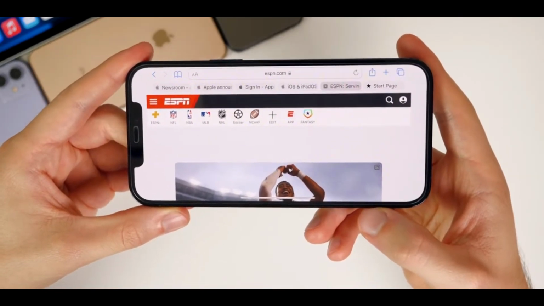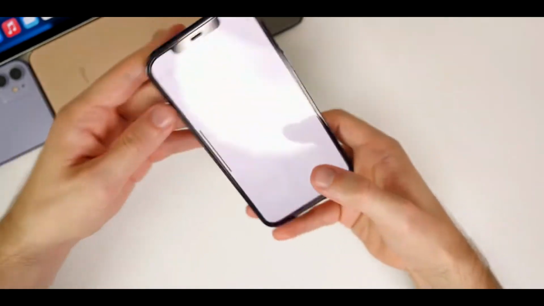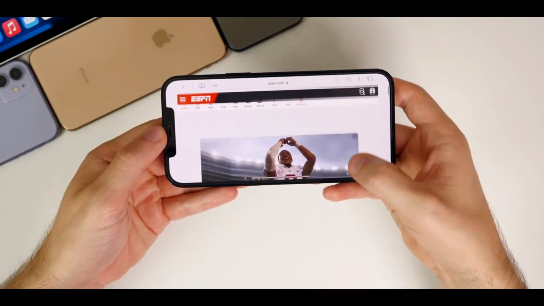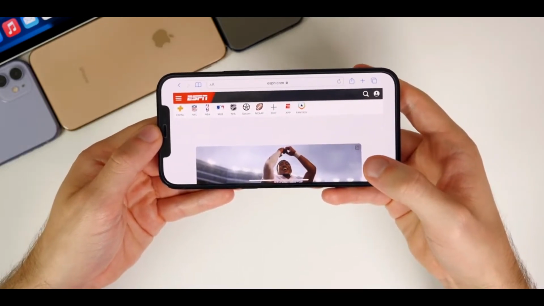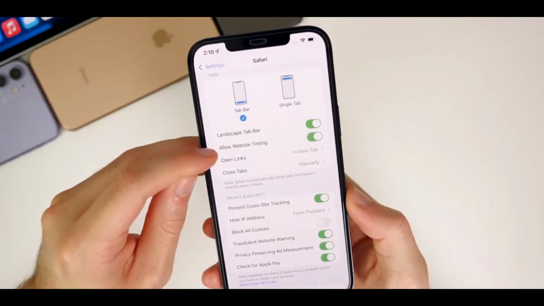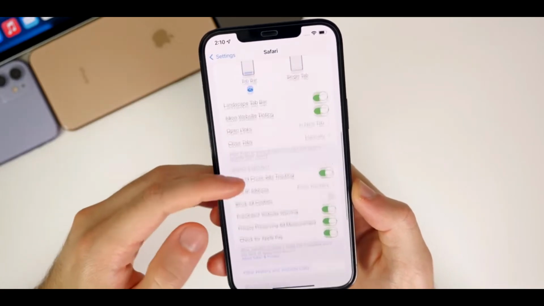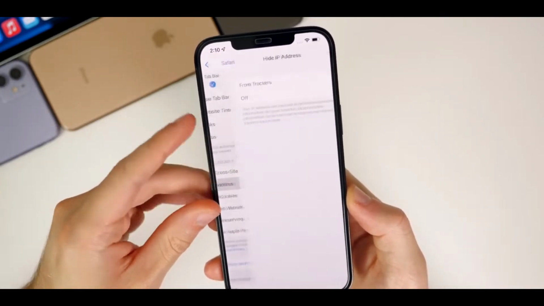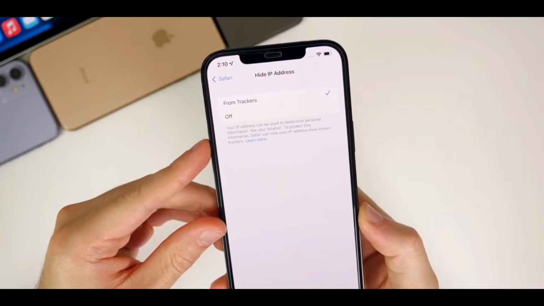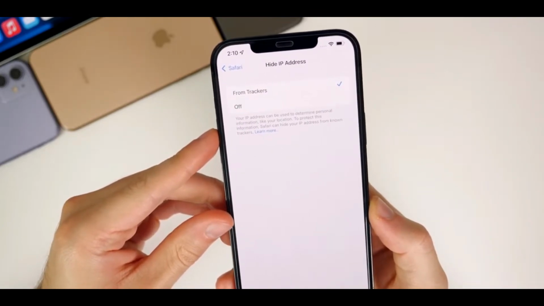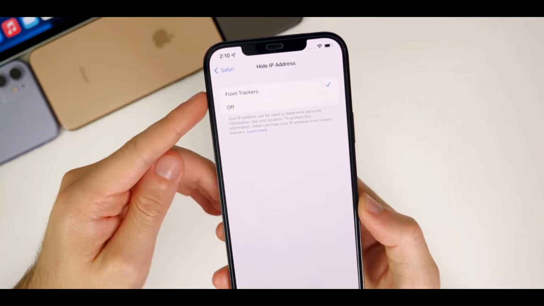But if you don't like the look of those tabs being there, you can simply turn that off. You can see I no longer have those tabs right there. It's cleaner, but you don't get to see all of your tabs. We have allow website tinting right here, which I mentioned earlier. And then we have hide IP address. So you can hide your IP address from trackers, which I would highly recommend enabling this feature to hide your IP